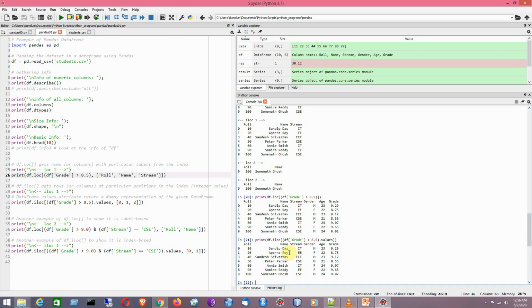For data science and machine learning you are going to perform different types of analysis on data, and for that you need the data structure for a multidimensional model, that is the data frame. I hope that you have understood the logic of applying data frame and the different techniques, that means LOC and ILOC, and different statistical operations that I have applied on the given data frame. So with this I conclude today.